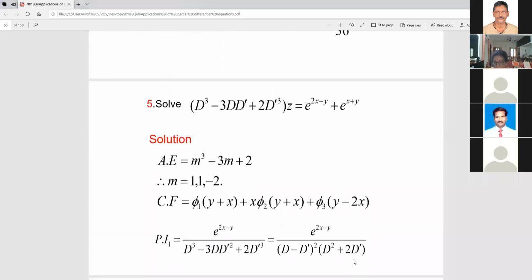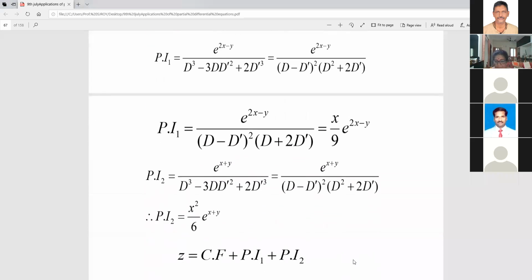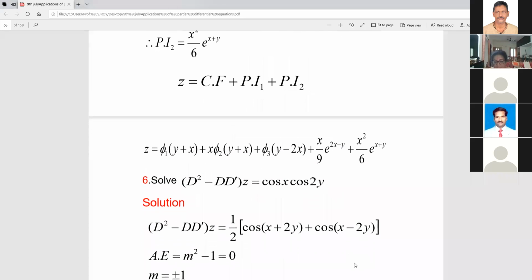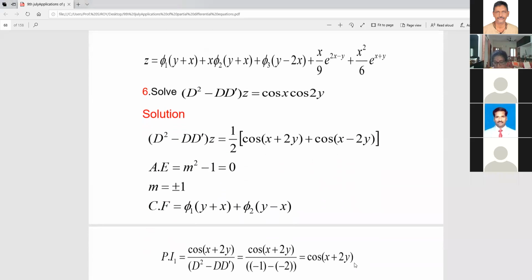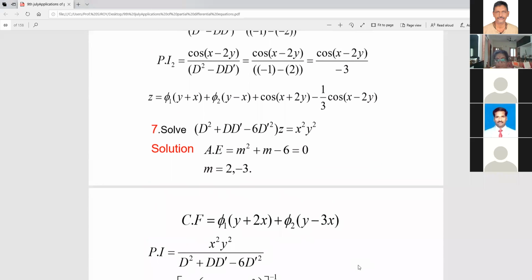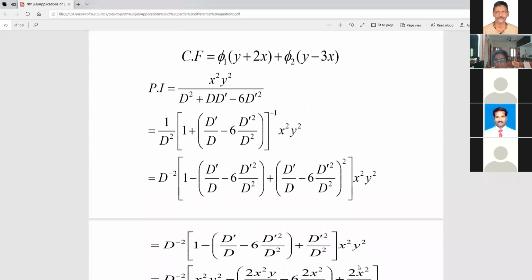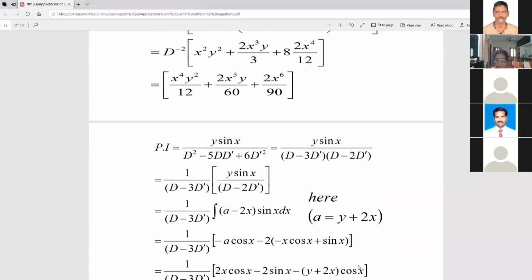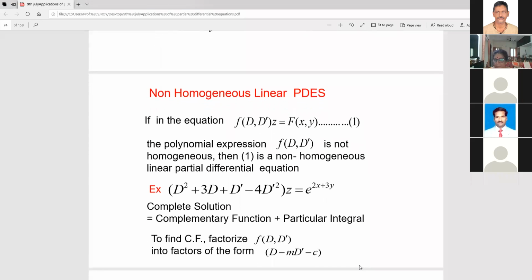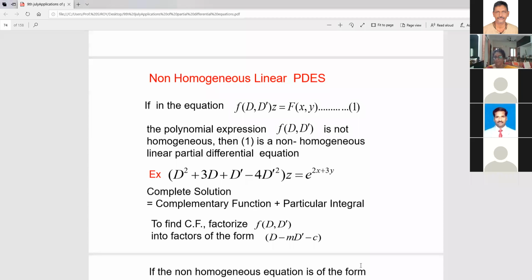And let us go to the non-homogeneous case also, which I have mentioned. Non-homogeneous, in the sense that we don't have the same order, comes under non-homogeneous if all the partial derivatives do not have the same order. Non-homogeneous linear PDEs: if I simply write D and D dash, of course it is going to be a non-homogeneous term. If it is not homogeneous, then we say it is non-homogeneous. I have given the example.